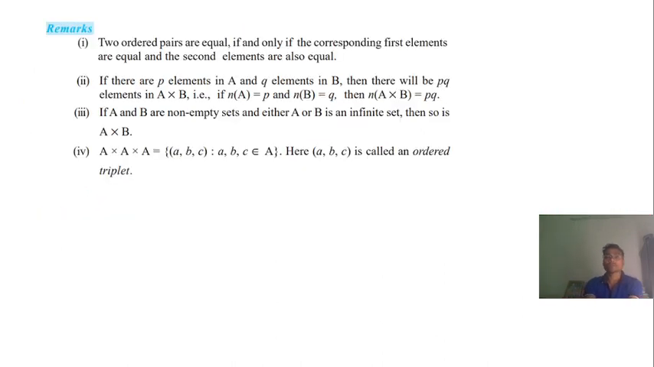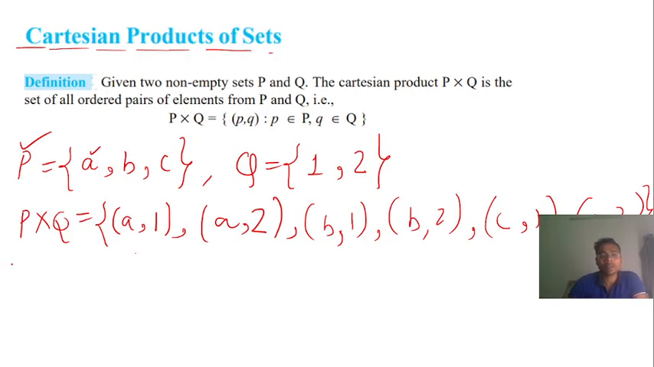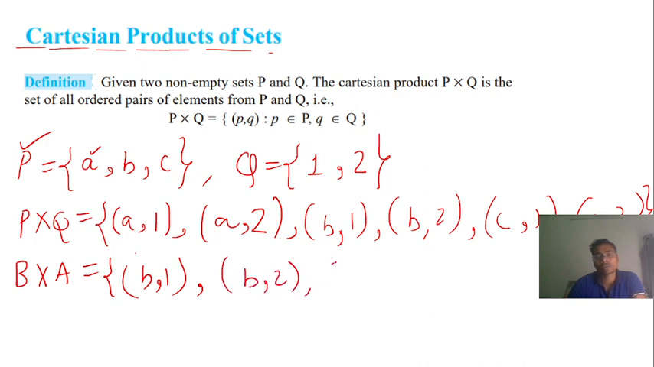coming to a few important things that I want to tell you. Two ordered pairs are equal if and only if the corresponding first and second elements are also equal. It means in the previous example, if we take another Cartesian product, B cross A, and they have B1, B2, C1, C2, and A2, A1,